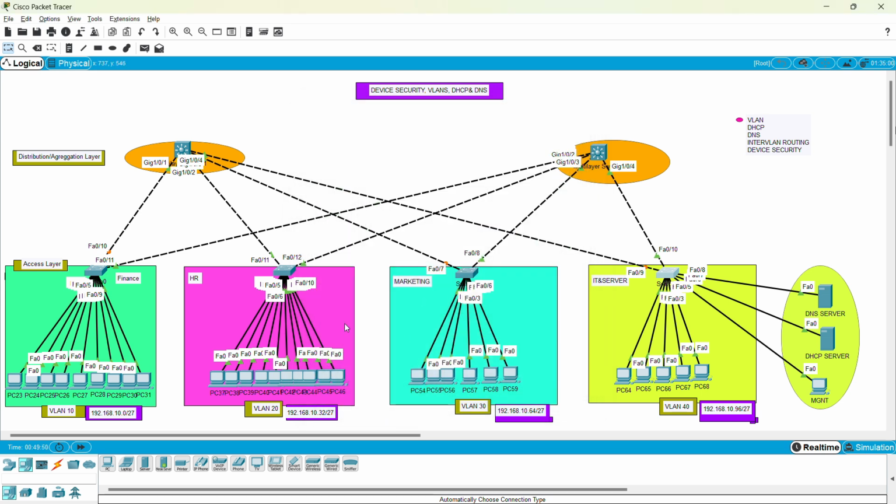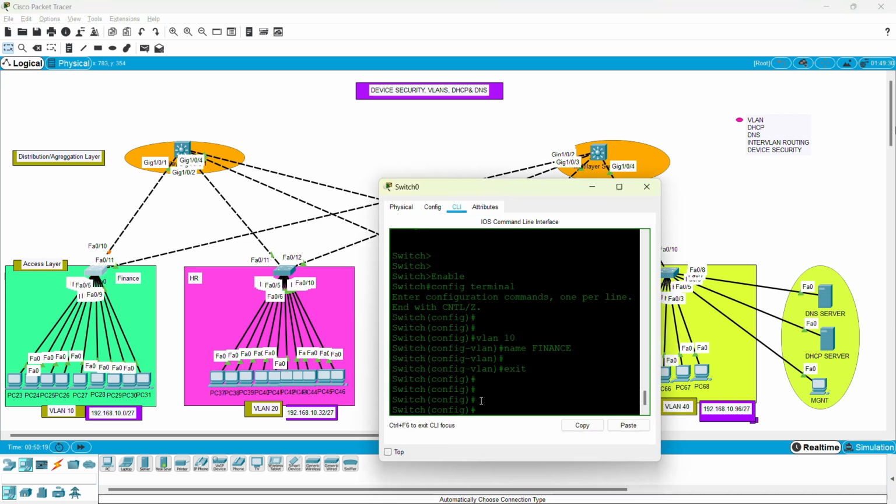Okay, what we did with these commands, we have created the VLANs on the layer 2 switches, but we haven't associated the interfaces that are available on the switches with those respective VLANs. So what we need to do is select all of these interfaces and associate them with the VLAN that we have created. Okay, how do we do that? All we have to do is